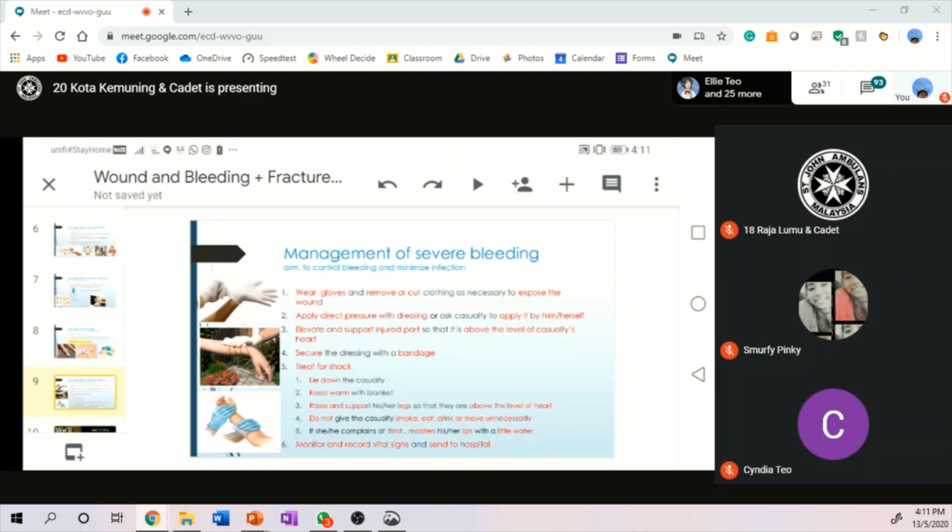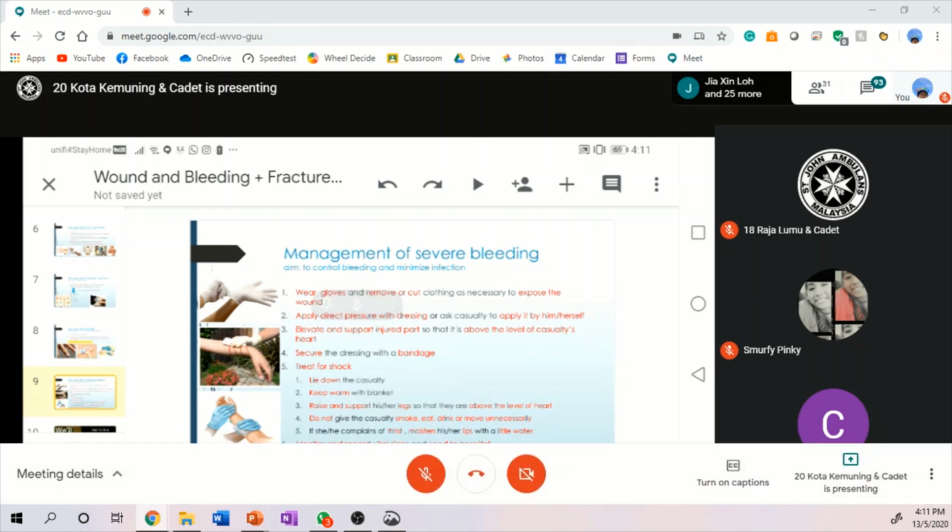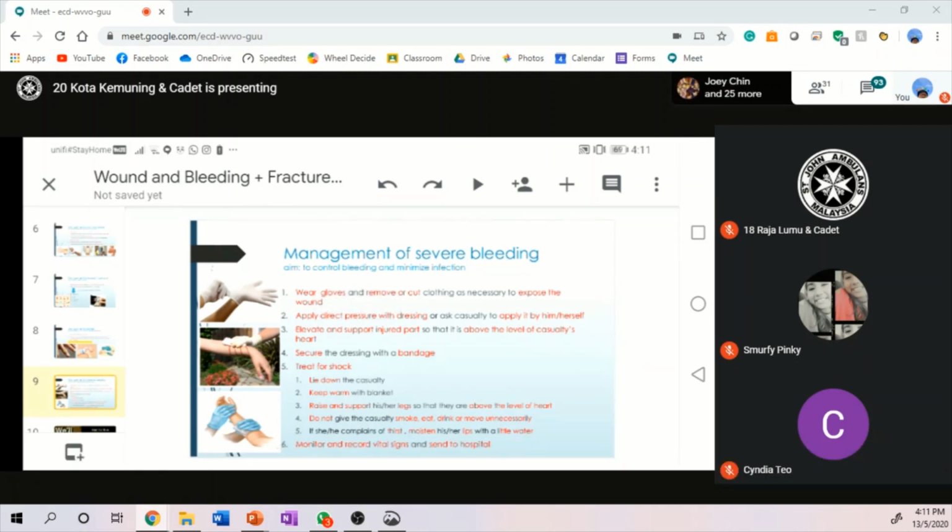But if it is scissors like that, you probably can pull it out. But if there's a nail inside the flesh, there's nothing you can do. You cannot pick it out with bare hands, or even if you wear gloves, you still cannot dip your finger inside the wound to take it out. You need to use something to clip it out. But like what you asked, the object is in the wound, so you have to